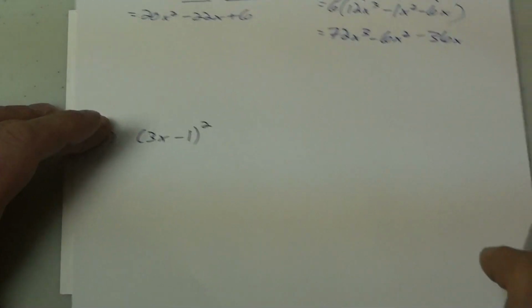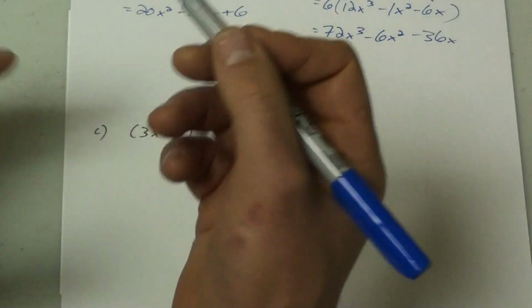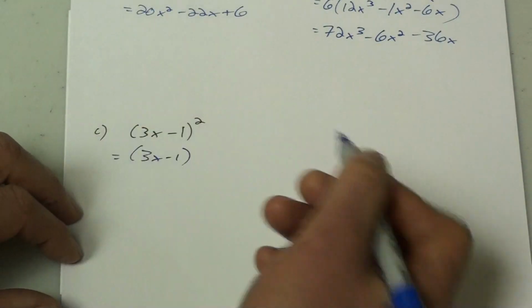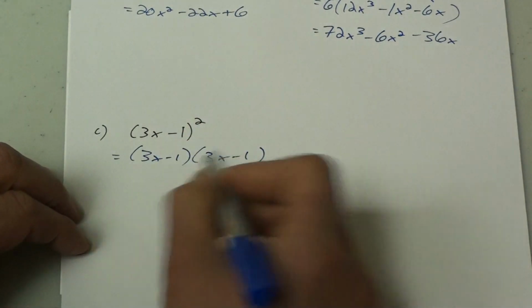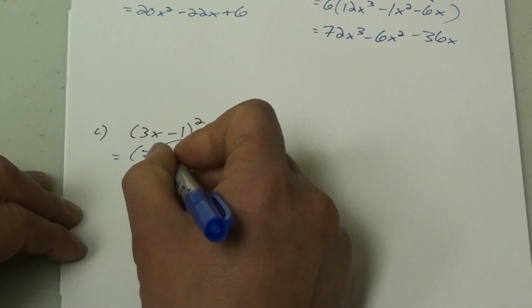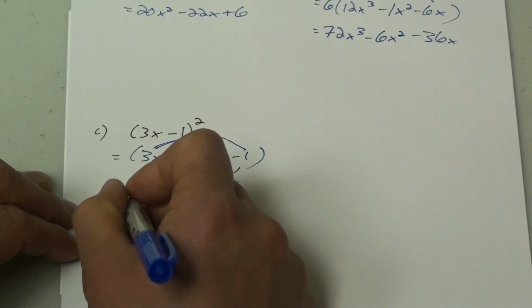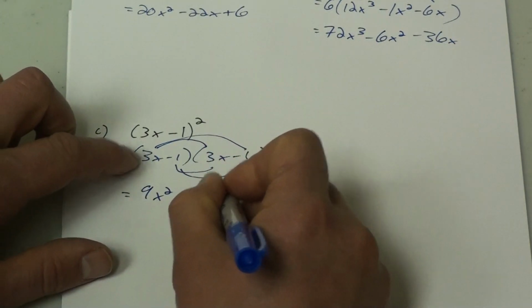And the last example, a binomial being squared. Okay, so anything squared means it's multiplying by itself. So that means I want 3x minus 1 multiplied by itself. Now again, I am multiplying binomials by binomials. So 3x times 3x and 3x times negative 1. And then multiply the negative 1 into both of those terms. So that'll give me 9x squared minus 3x